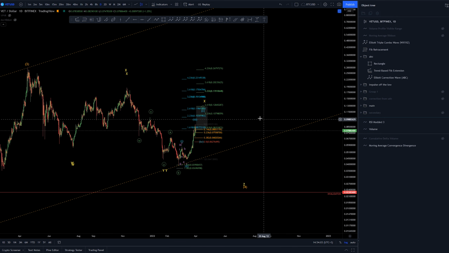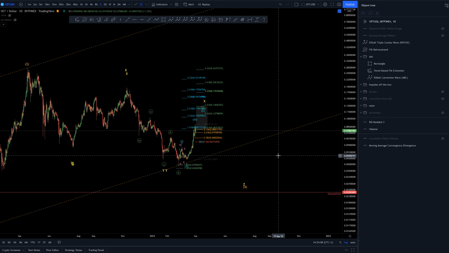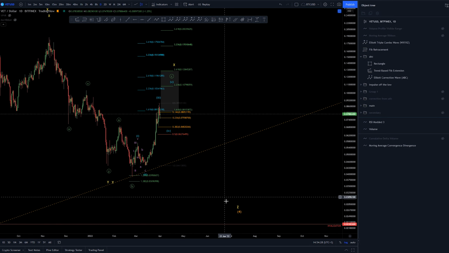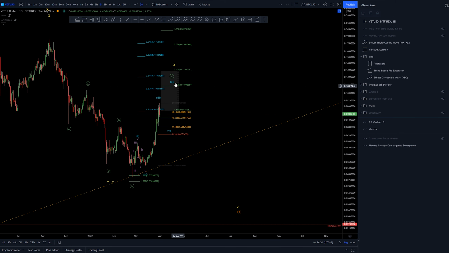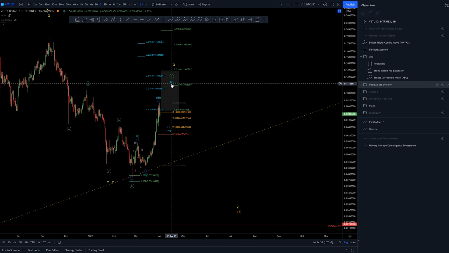Now trying to project a Z wave for here is really tricky, because these are complex corrections, and they're not really too much linked together. There's some basic structures that could be measured, but rather than just throwing a random number around, I would first like to see the fifth wave up, see the divergence between third and fifth, confirming this is an impulse, and